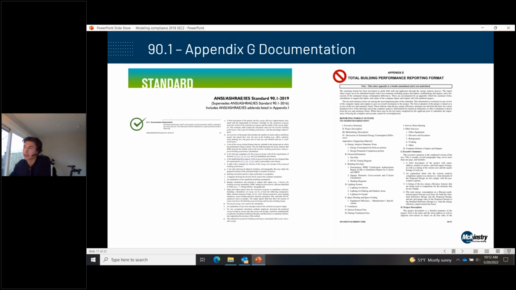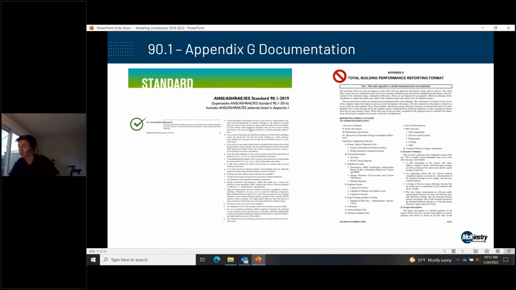Now that we have this new standard, we're not going to look at Appendix E anymore. We're actually going to look directly at the standard, which has this documentation requirements list. And the tool we're talking about today tries to account for most of these requirements here.